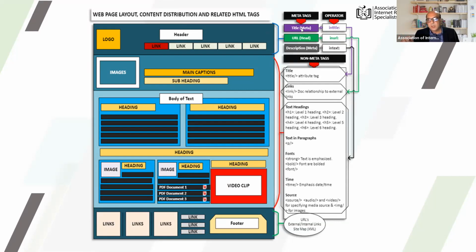So the title tag is something that is running behind the header portion, meaning that if you do in title search, it is going to look for the title or match words within the title or the meta title portion of the pages, which is responsible for running the header part. The in URL operator would also look for the matching words inside of the URL in the header portion.